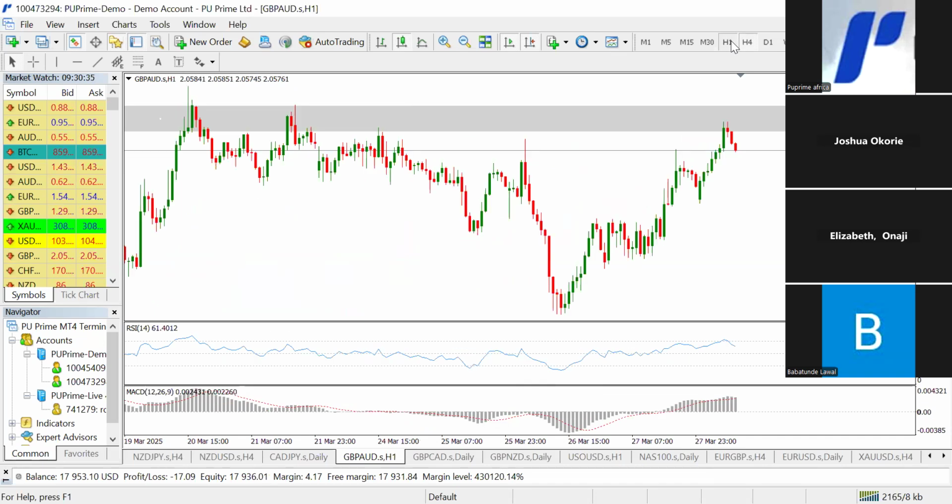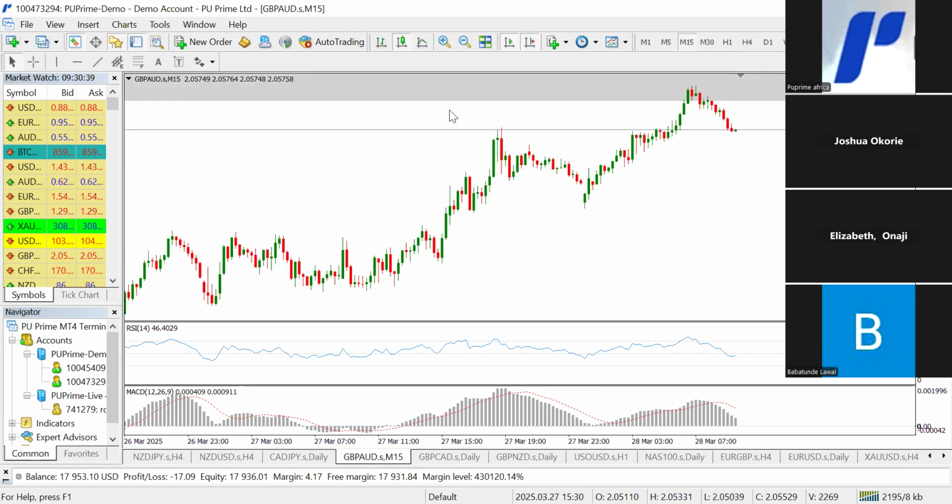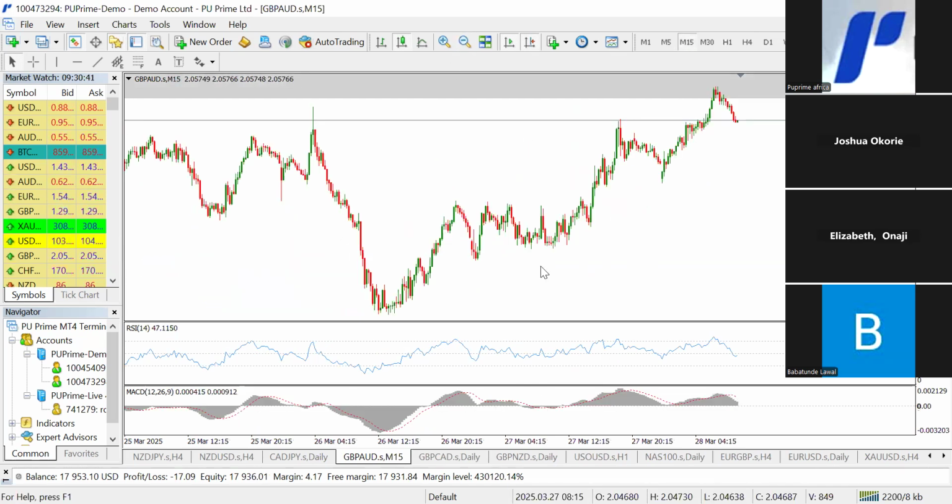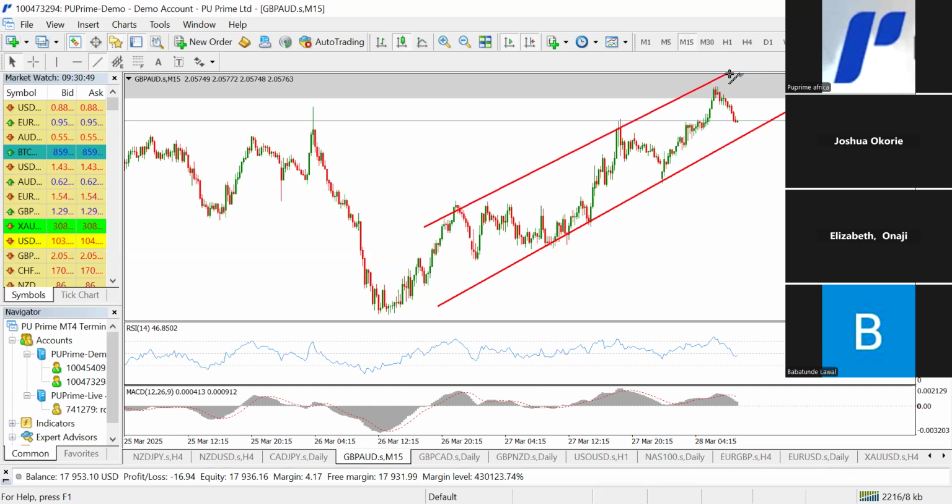Let's go down to 1 hour. This is the 1 hour. We're seeing some slight possible reversal. So again, for even this GBP AUD, if the news by 8 o'clock comes out bad for the pound, you can sell the GBP AUD. So that's my outlook. I'm bearish on GBP AUD. And this is a 15 minutes time frame. You can see we have a very perfect looking rising wedge pattern.